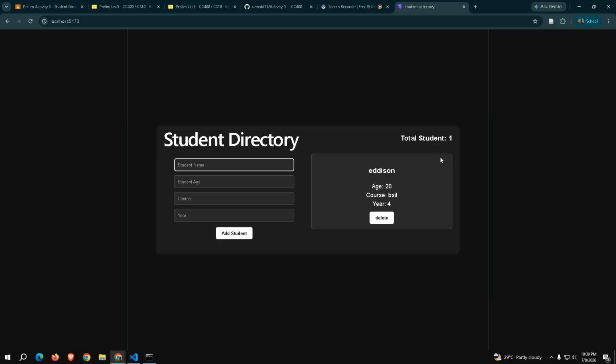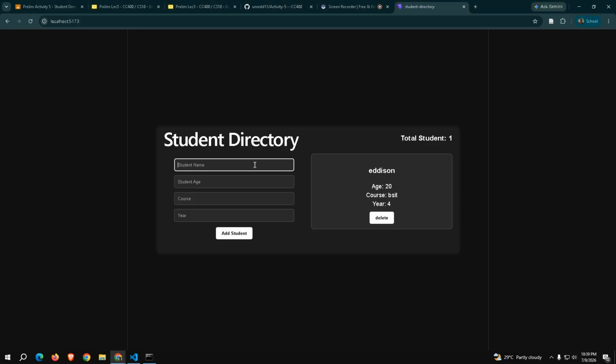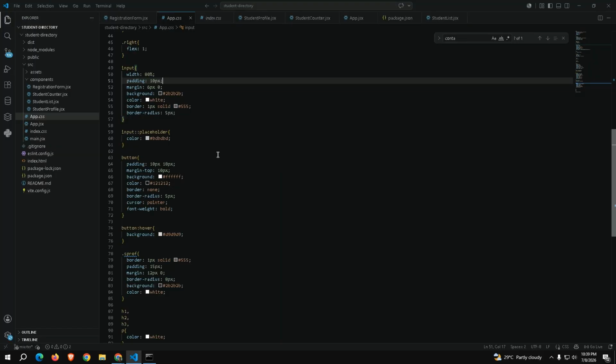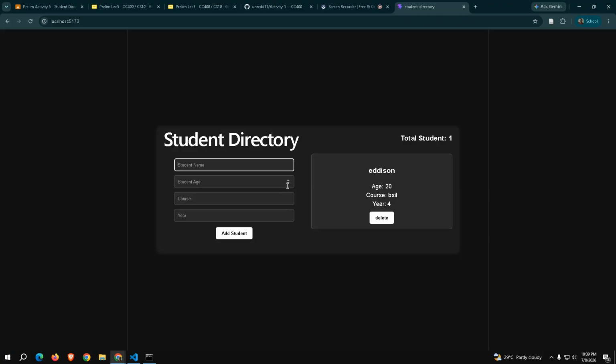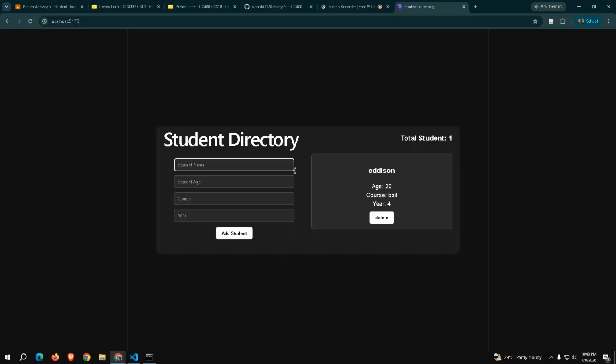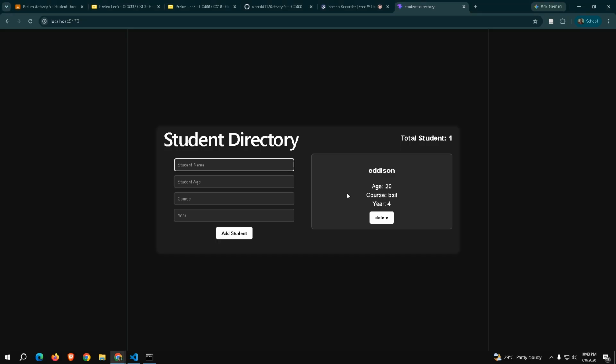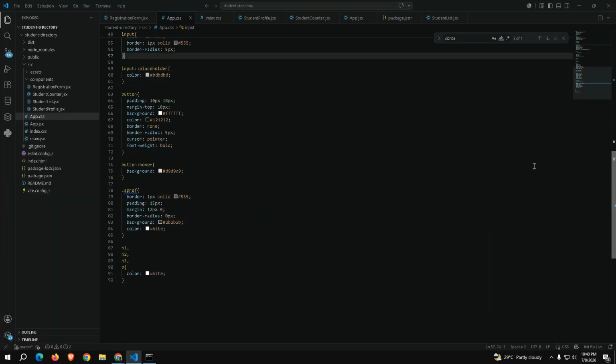So flex 1 for both the input and the box here. We have width 80% to combine both of these. Then margin, background color white, border here in order to be seen by the user, and border radius.